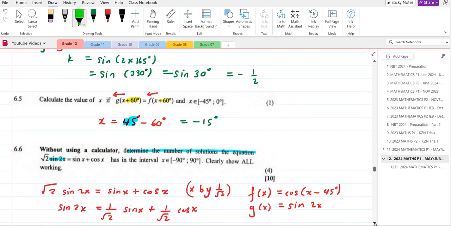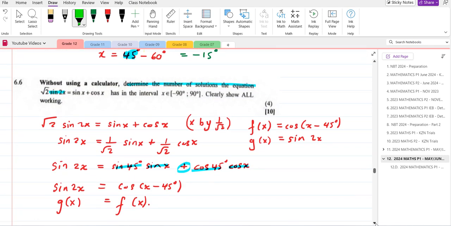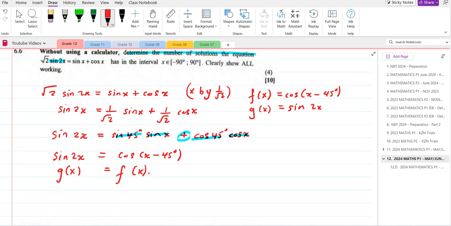So what we're going to write? Number of solutions 2. Determine the number of solutions of the equation. They didn't say must determine the solution. So determine the number of solutions to the equation that's in the right. So number of solutions is 2. And if you write down the solution, you can also say solutions are